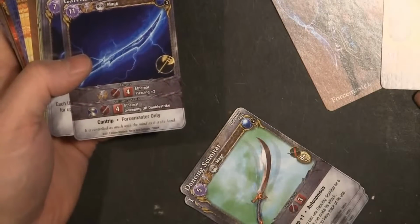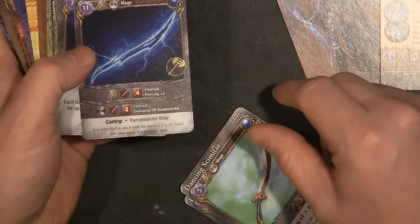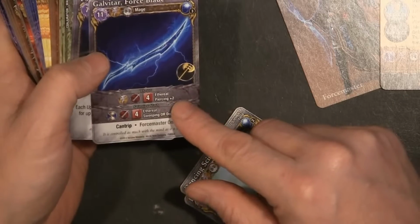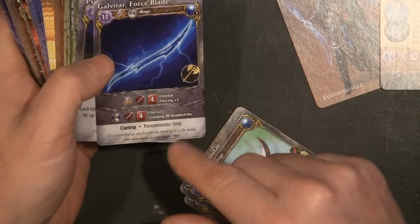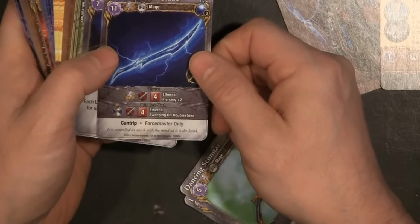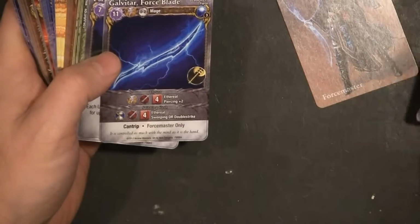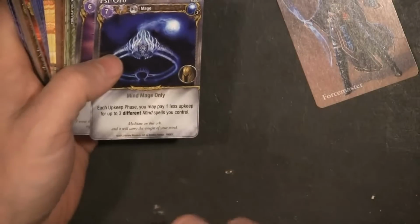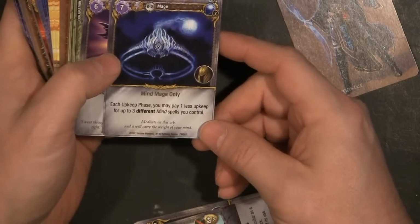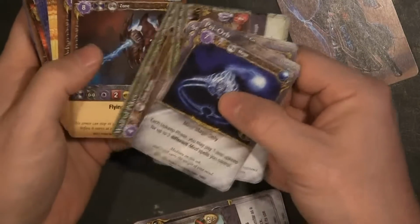Is that the blade that she actually has? No. Maybe. Yeah, that's that blade. Her Galvatar Force Blade has Ethereal Piercing +2 and Ethereal Sweeping or Double Strike. And it's a cantrip for the Forcemaster only. Flavor text is, it is controlled as much with the mind as with the hand. Interesting. Psyorb. Each upkeep phase you may pay one less upkeep for 3 different mind spells that you control. Another hide armor. And as we start moving through...